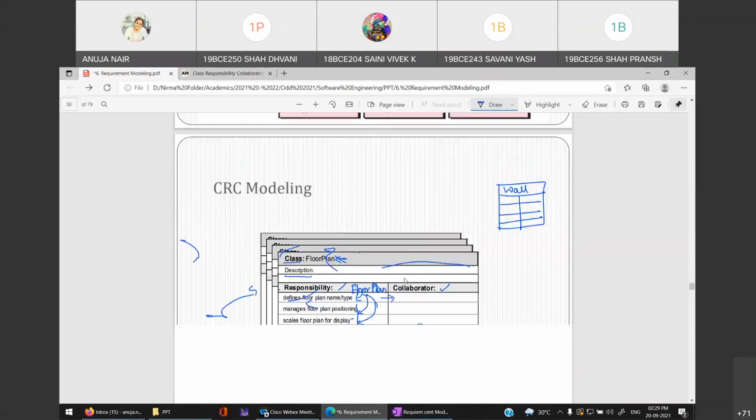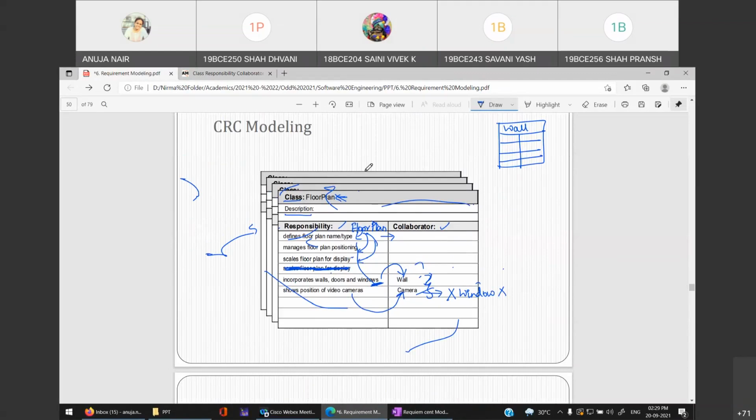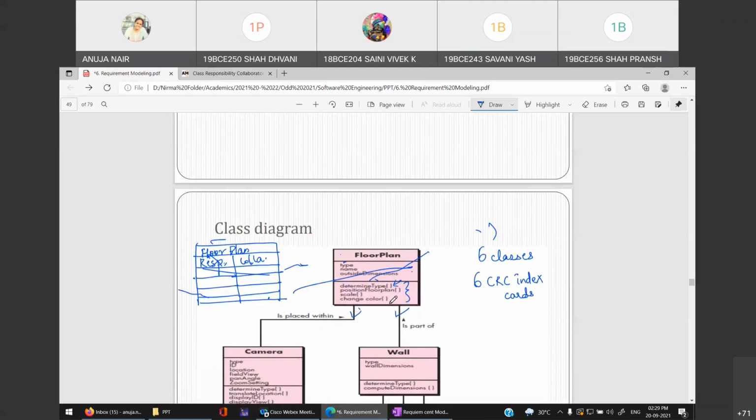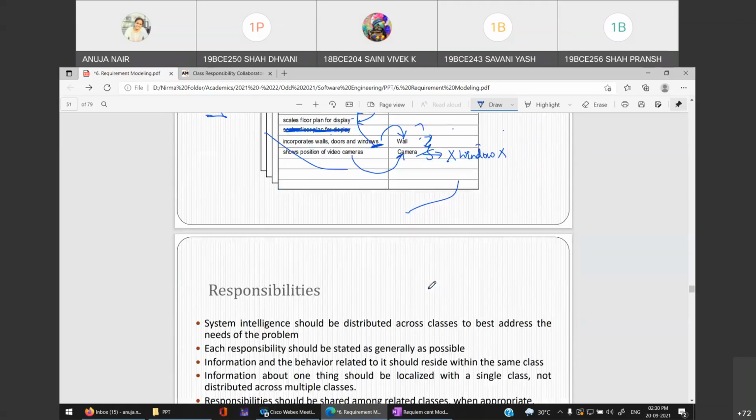So the opposite should also be true. That's how you need to create CRC index cards, in a synchronized manner. There should be consistency. It should not be that you add something here, remove it from the other CRC index card, give some extra information there, or delete information here. No, everything should be consistent with the class diagram. Please tell me that you understood these CRC index cards. Right? Shall I go further?